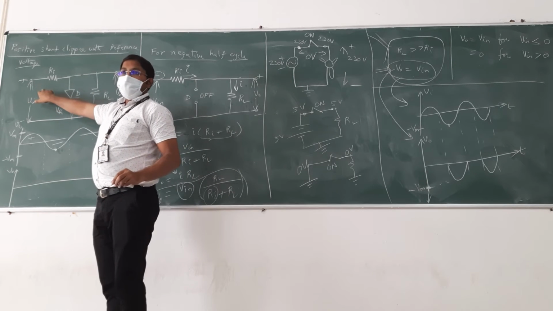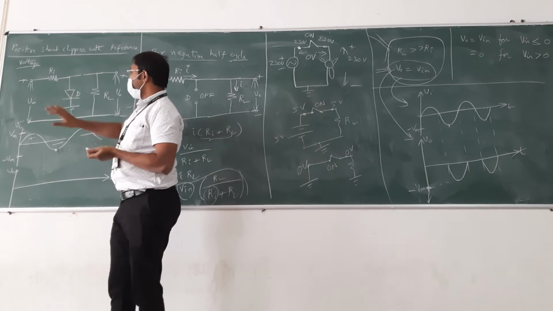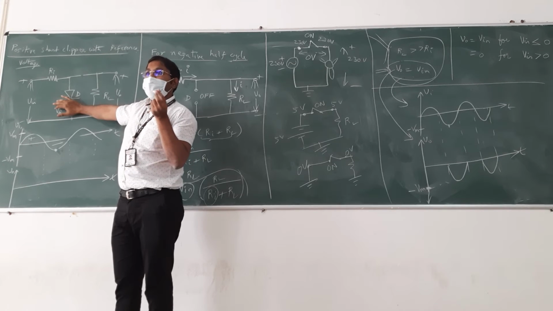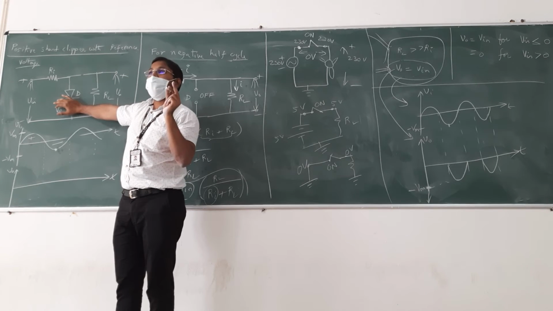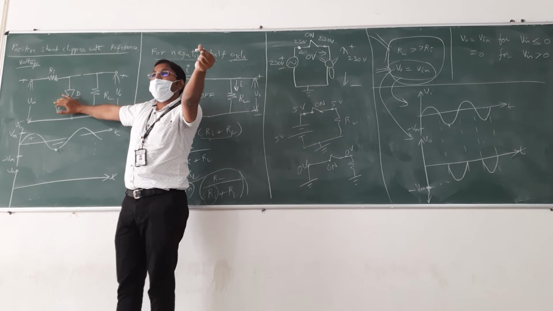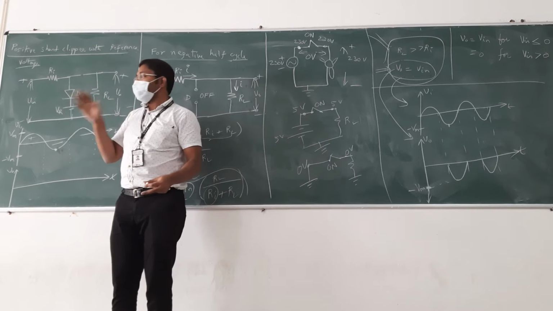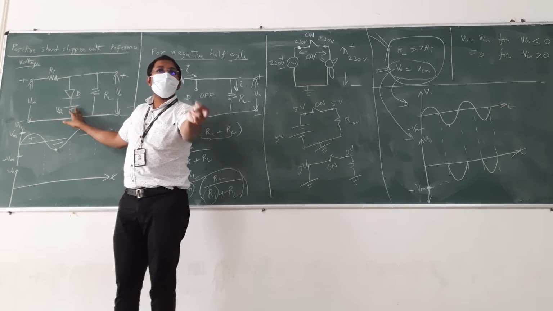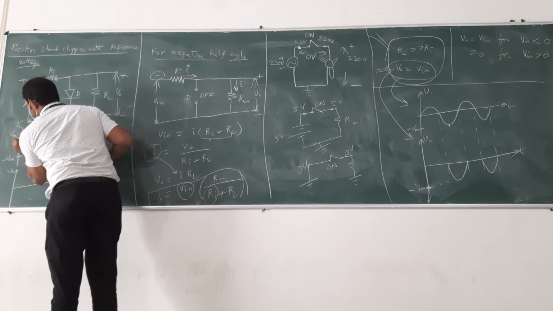How will the waveform in this case be? See here, in the previous case VR was 0. So we considered when Vin is positive, when Vin is negative, that is Vin greater than or equal to 0, Vin less than 0. Now we have to consider Vin greater than or equal to VR, less than VR. So let us take VR somewhere here. This point I will take VR.